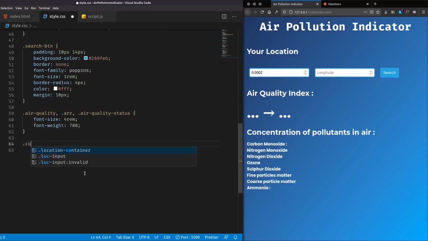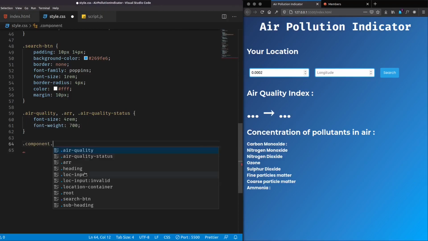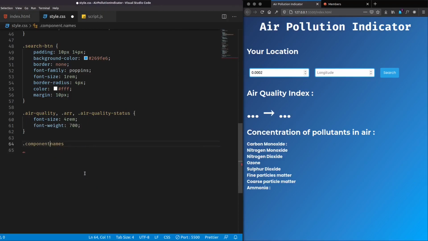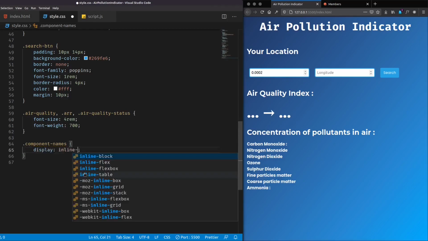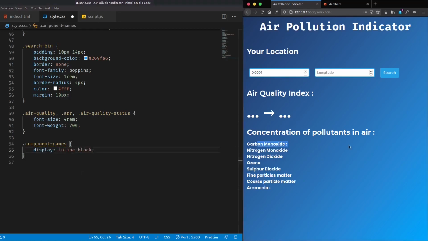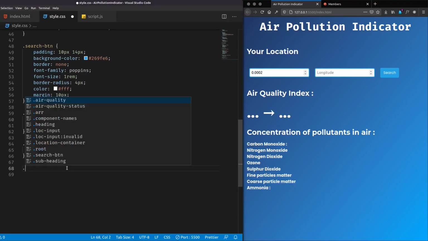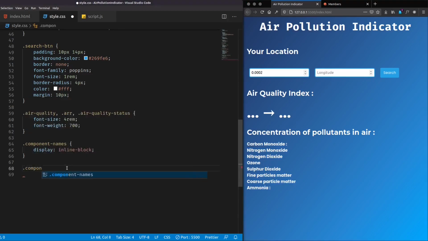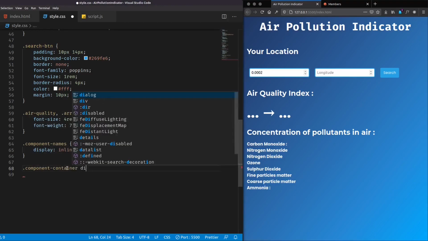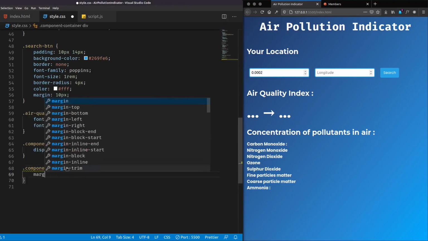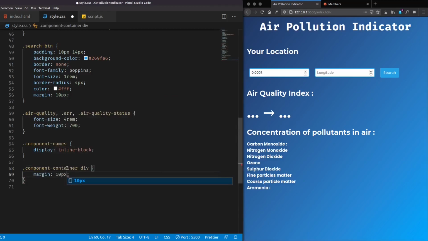Let's select component names and give it a display of inline block so that it doesn't take the whole width of the parent. And let's also add margin around all these components. So I'll select all the component containers, under that all the div, and give a margin of 10 pixels top and bottom and 0 edge sideways.